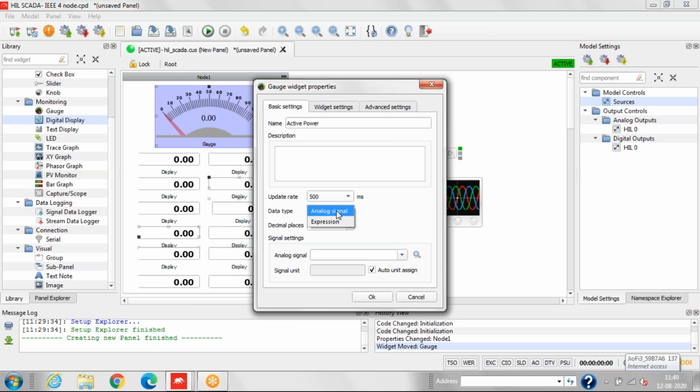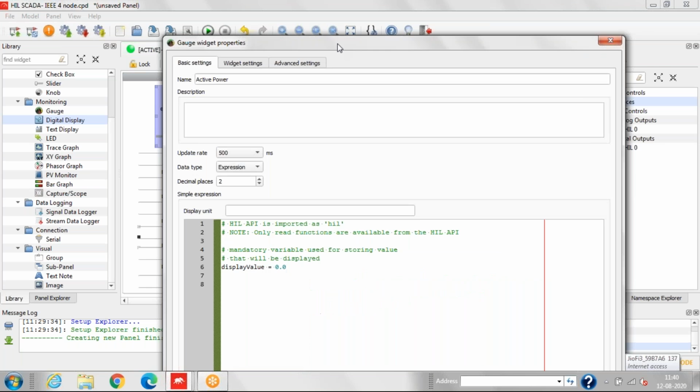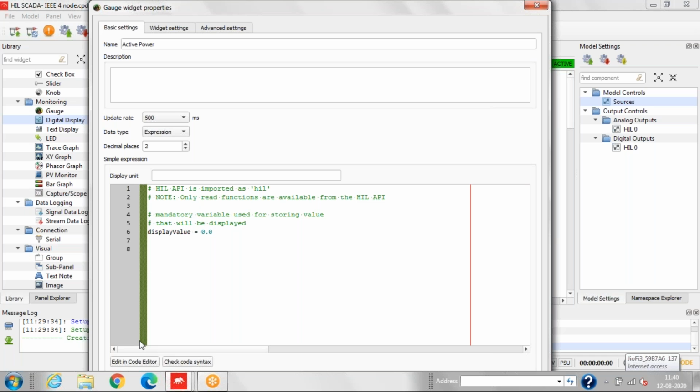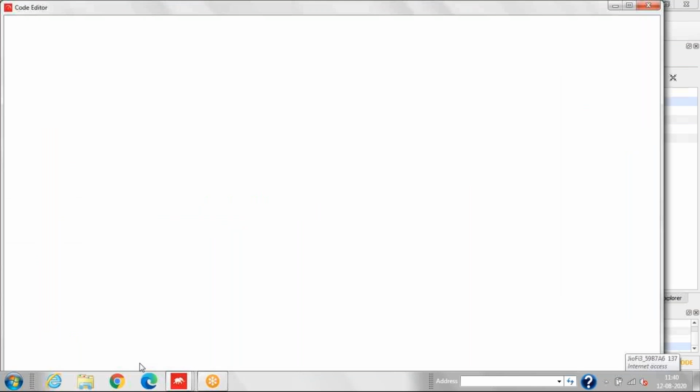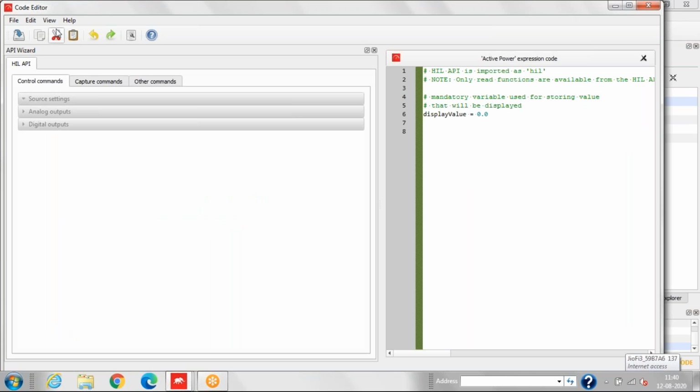Now we have data type. In the data type, we have analog signal and expression. In the analog signal, we have to select the analog signal, and in the expression, we have to provide the code. So now I'll select the expression. For expression, we'll go to the edit encoder. We'll view the API wizard so that we can insert the signal.